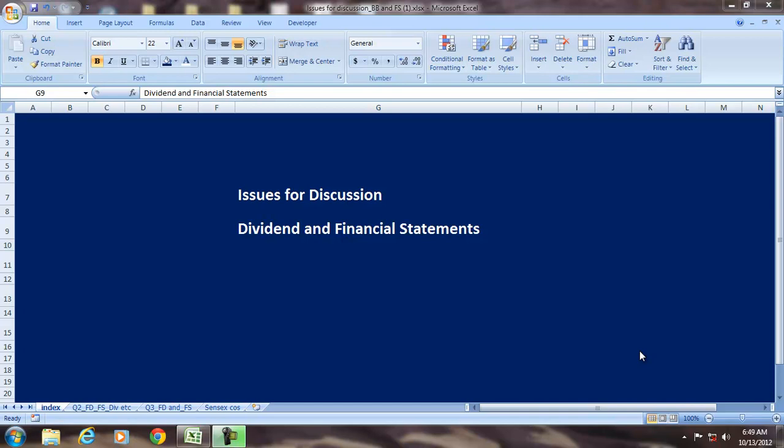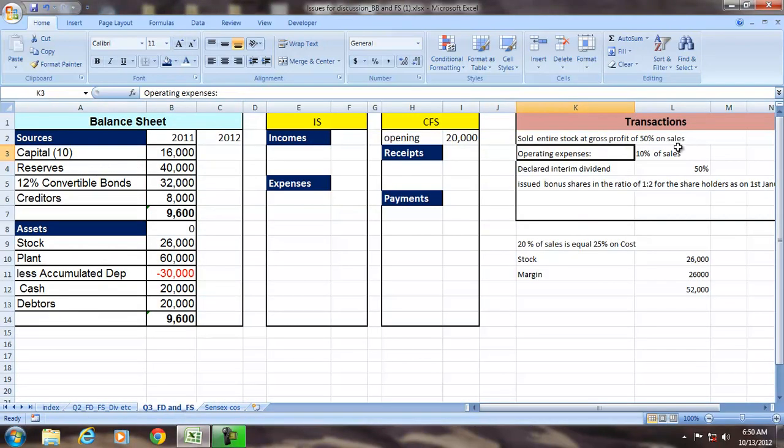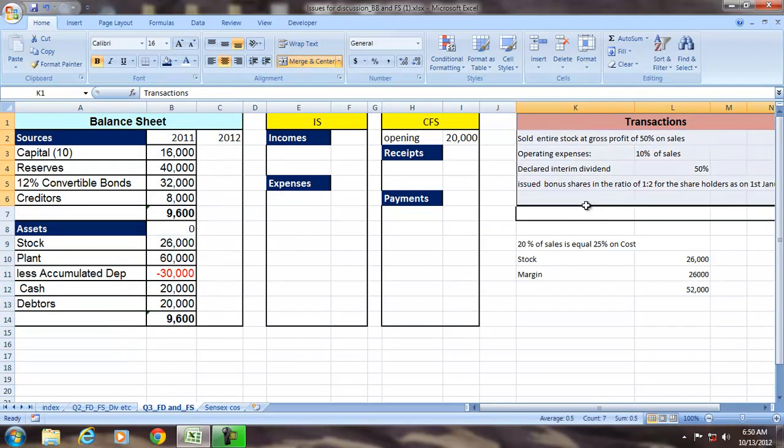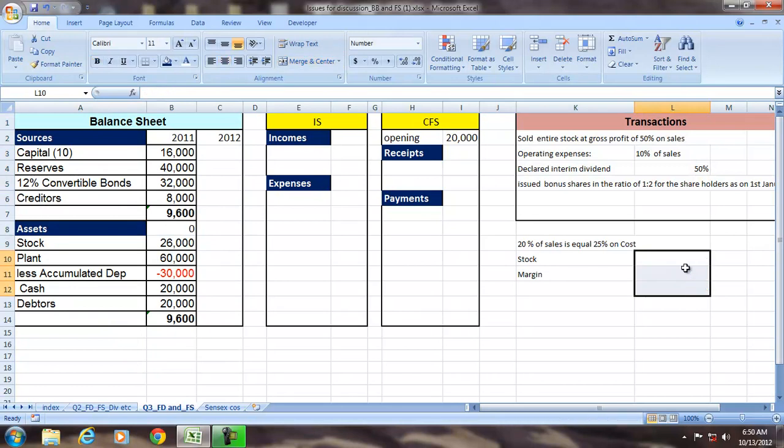The focus of this session is to understand the effect of dividend on the financial statements. To recap, we know that the dividend is a distribution of profit. Dividend is not interest. Dividend is not an expense. And we also know that dividend is below the line item. In this session, we will take an example with a given balance sheet and a set of transactions and understand the effect of the dividends on the financial statement and also other accounting